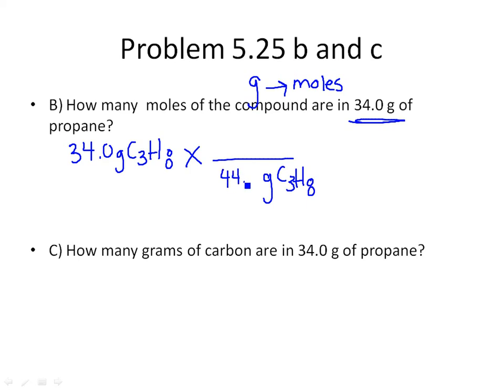So 44.1 grams per 1 mole of C3H8. Now our grams will cancel, and our moles is left on top because that's what we're trying to find. So if we do the math, 34.0 divided by 44.1, we should get about